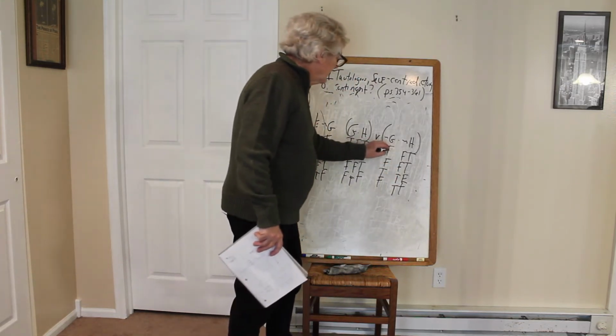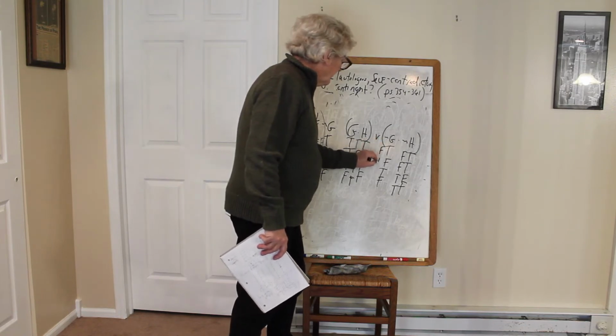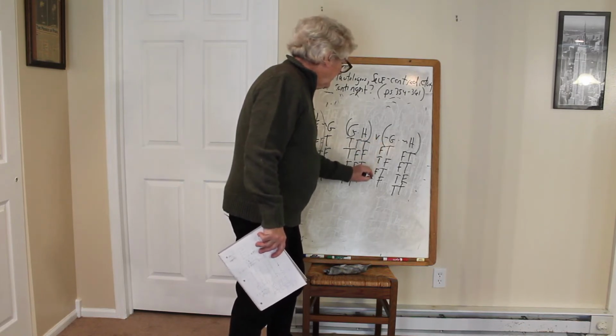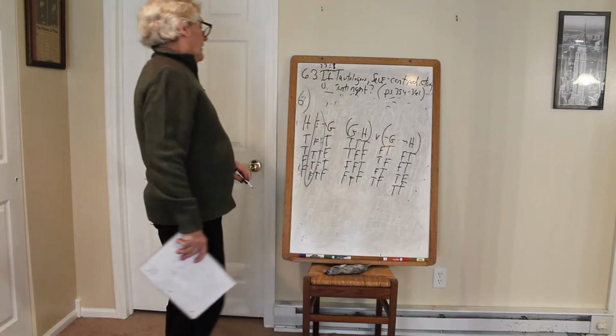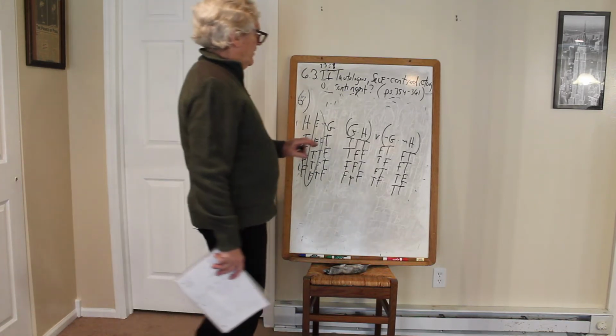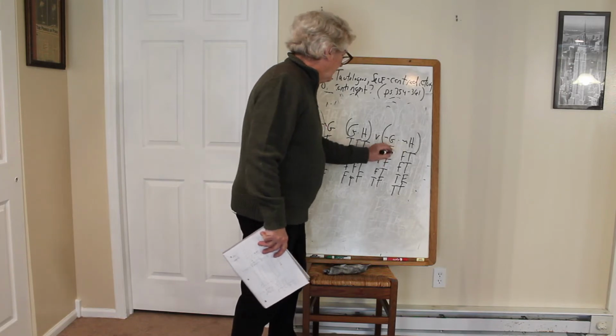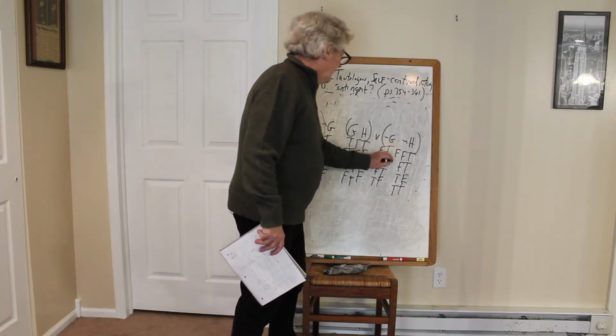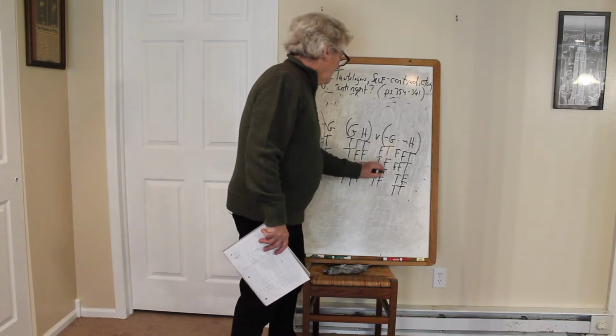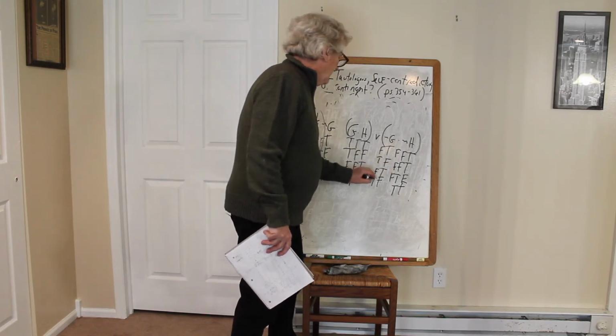Not G, not T is F, not F is T, not T is F, not F is T. Okay, so in order to get the dot there, I have to use the not sign here and the not sign here, those two columns. So F dot F is F, T dot F is F, T dot F is F, and T dot